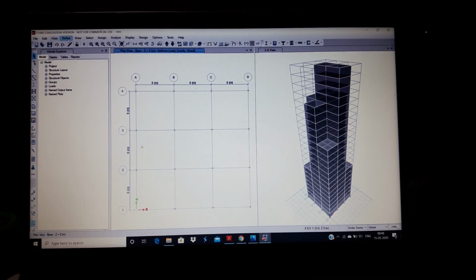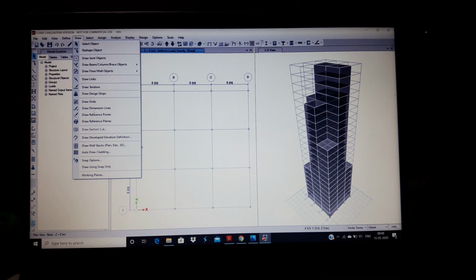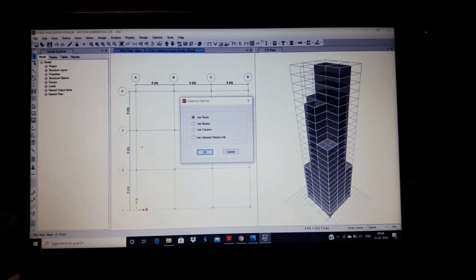Now to draw auto cladding, click on draw and then auto draw cladding, use floors and then click on OK.